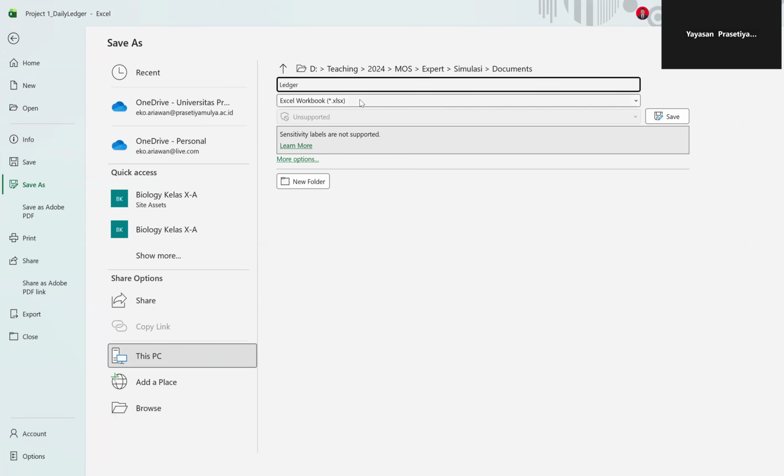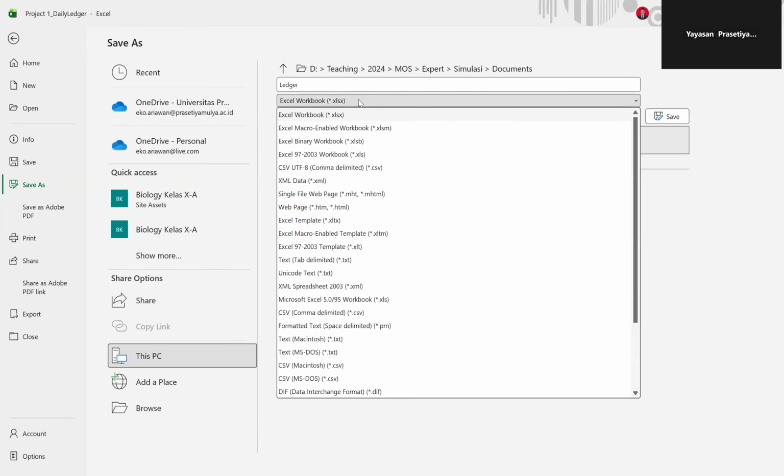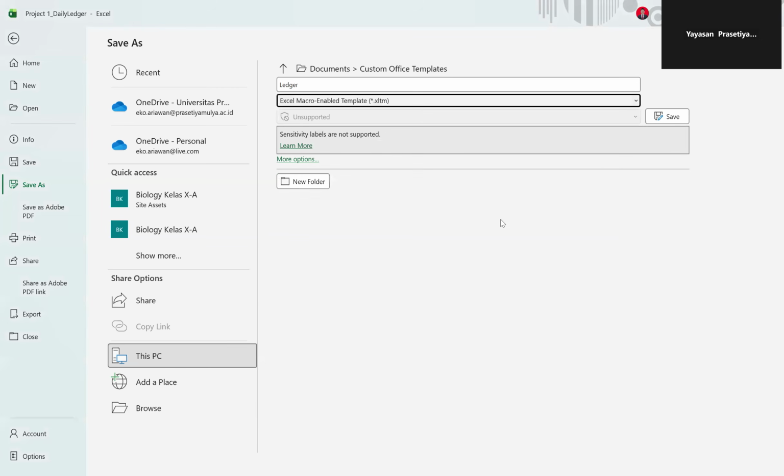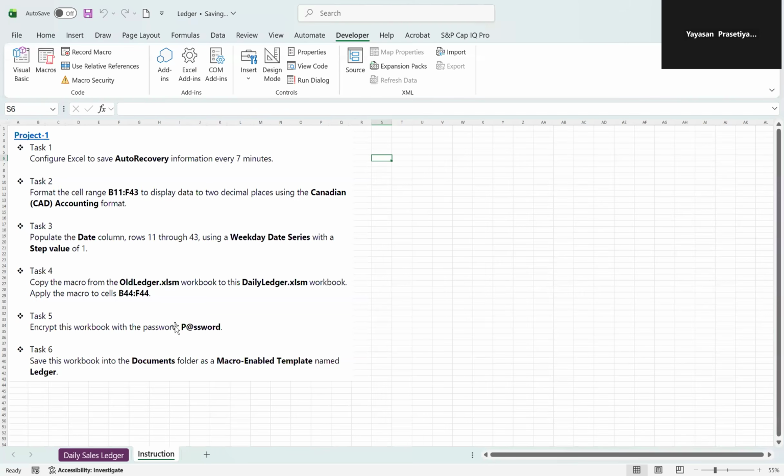Don't forget to change the type to macro-enabled template, which is located here: Excel Macro-Enabled Template, XLTM. Right, looks good. Just press the Save button. All right, that's all for the tutorial for project number one.